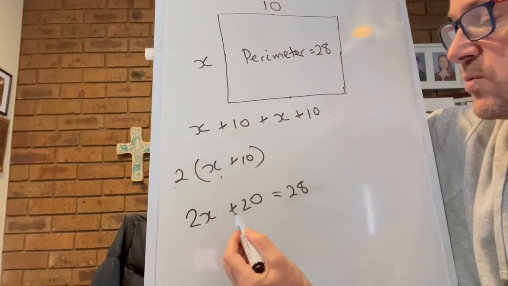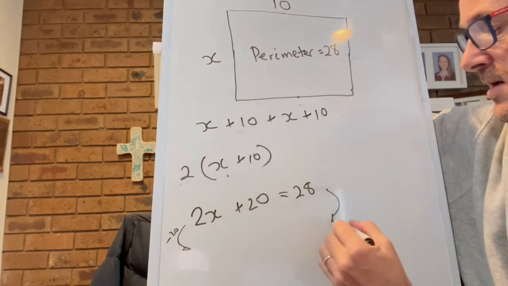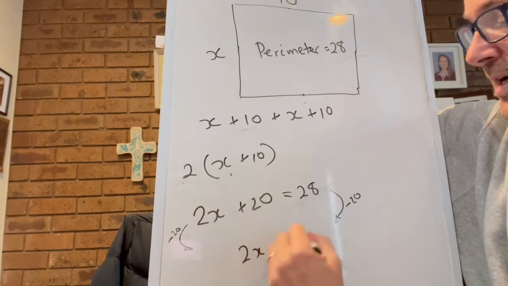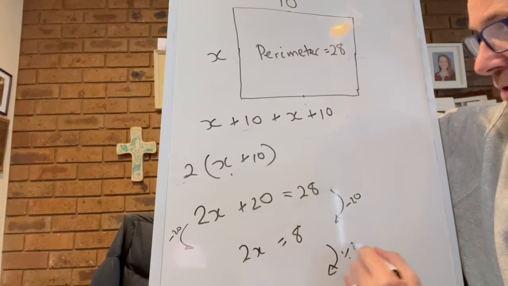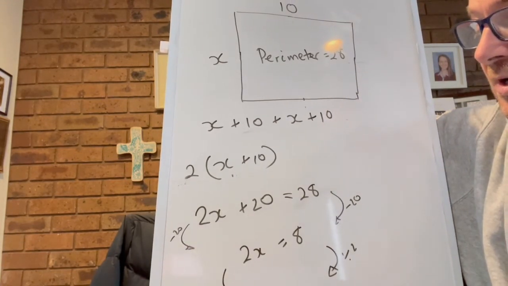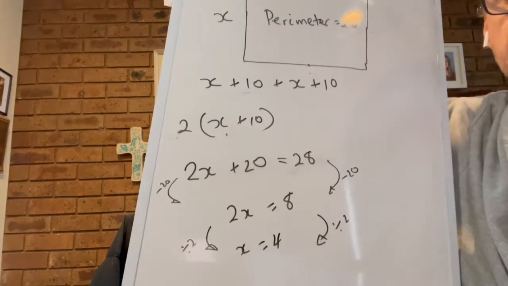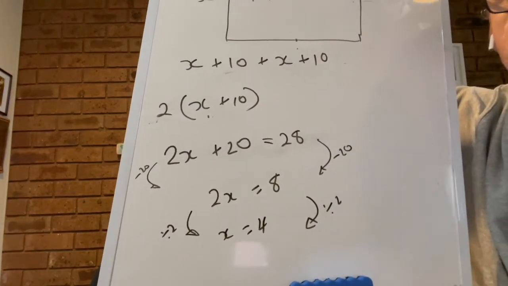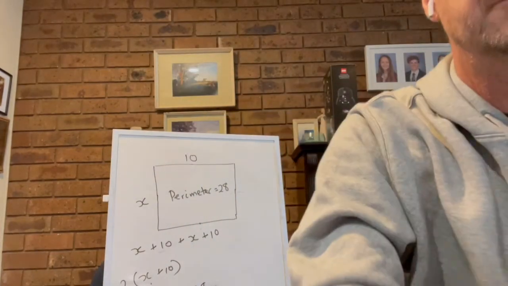So we want to get rid of the 20, so we take away 20. That leaves us with 2x equals 8. Then we want to divide by 2 to get rid of the multiply by 2, which leaves us with x equals 4. So the key with this is to demonstrate your algebraic thinking, not just solve the particular value of the